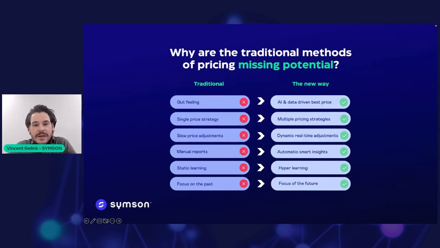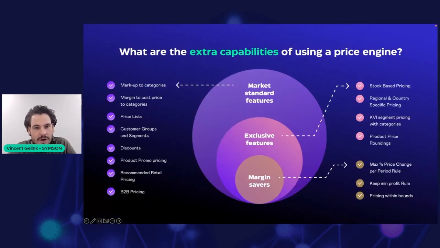So having said that, in the next sheet, we see what is the capability of a pricing engine, right? So what you see here is a tree loop visualization of how a pricing engine, at least how we look at it, should function. So we have some market standard features, and that is something everyone can relate to. It means that you can easily do market pricing on categories that you have within your organization, but also that you can determine margin strategies based on the cost price, and assign those also to different categories that you are selling within the company.